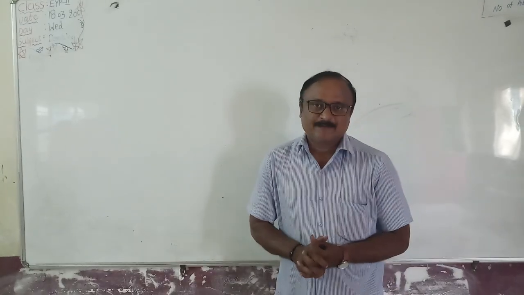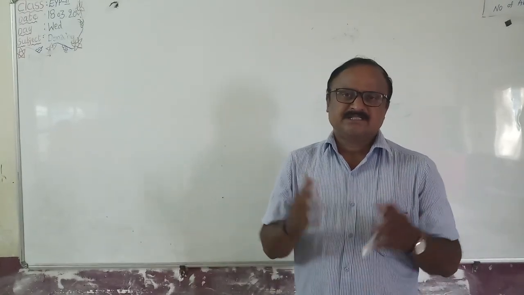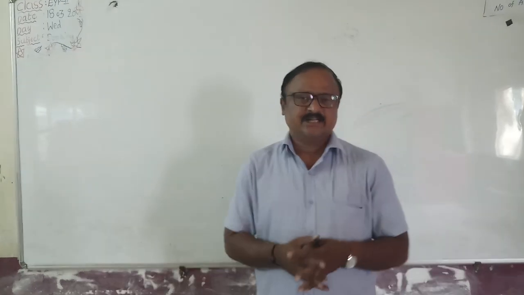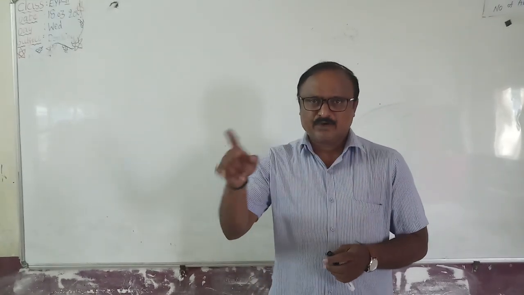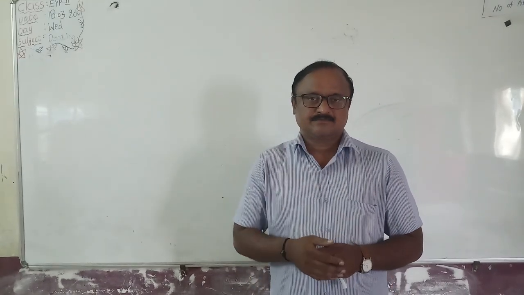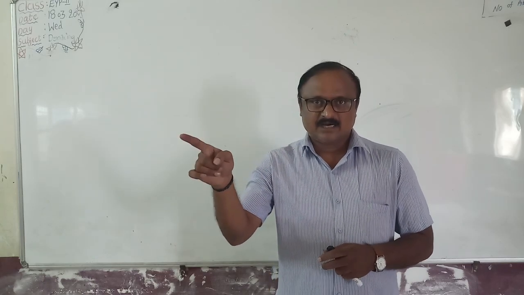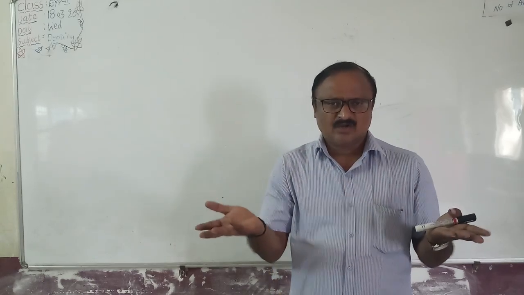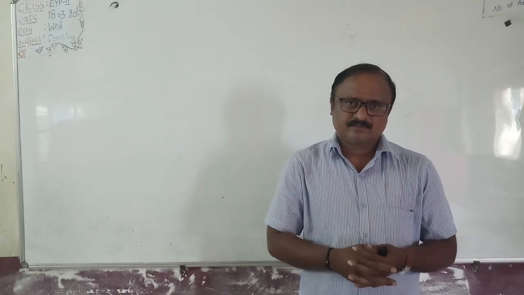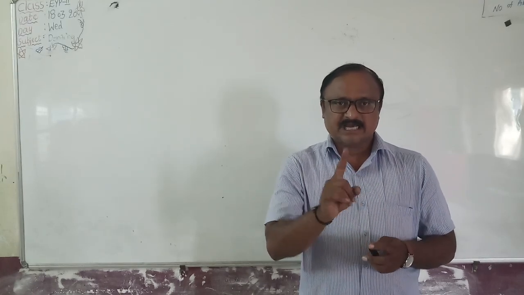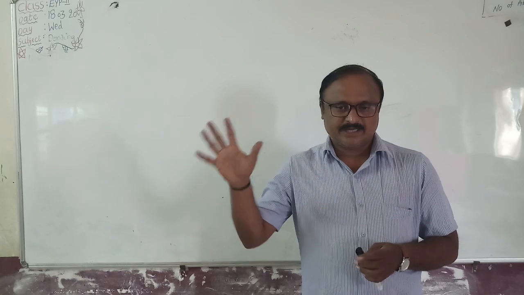My dear students, what is meant by momentum, linear momentum? It is nothing but the product of mass and velocity. P is equal to m into v, or p bar equal to m into v bar. Again, v bar is a vector. That's why momentum is also a vector. What is the direction of momentum? Momentum is always along the direction of velocity of the body, right?